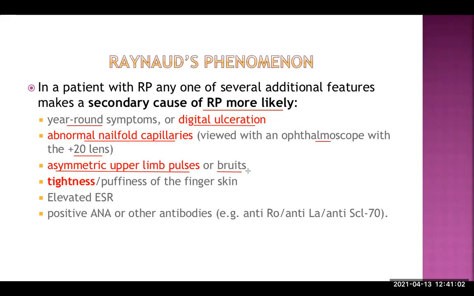Bruit means if arteries are narrowed. Okay, arteries like anywhere in the body. You're right, anywhere. It can be renal artery, it can be popliteal artery, it can be mesenteric artery. Any other? Carotid artery for that being, if it is narrowed by atherosclerosis, thrombosis, or any other thing, and